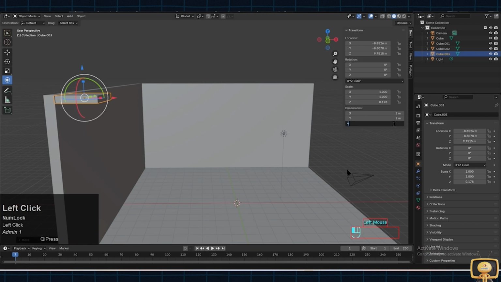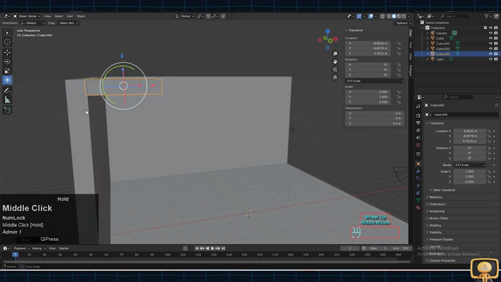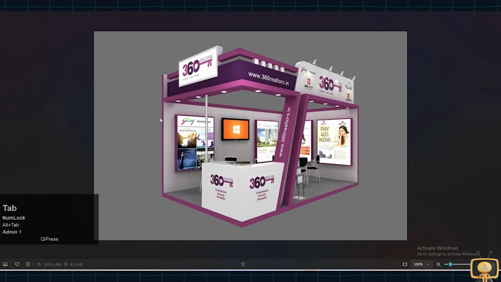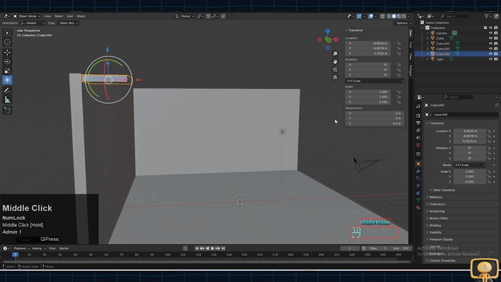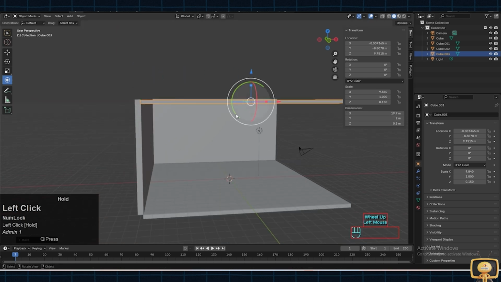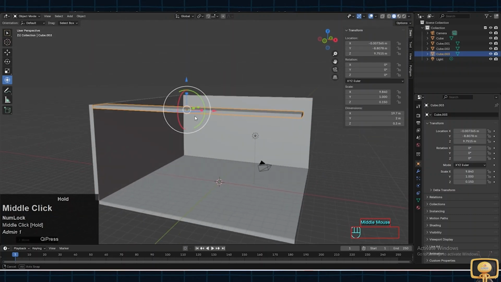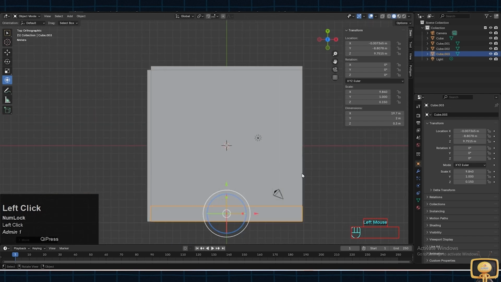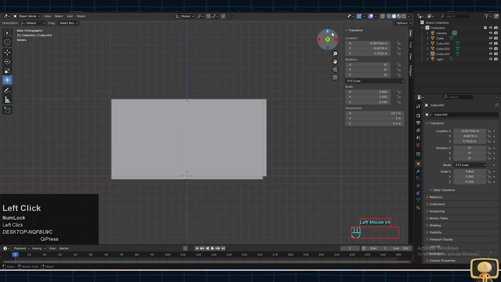Keep it around 0.4, yes, and make it around 0.3. Now it will be around 19.68, that is the dimension of our base. You can see if it's getting outside our base or not. Yes, it is perfectly fine.